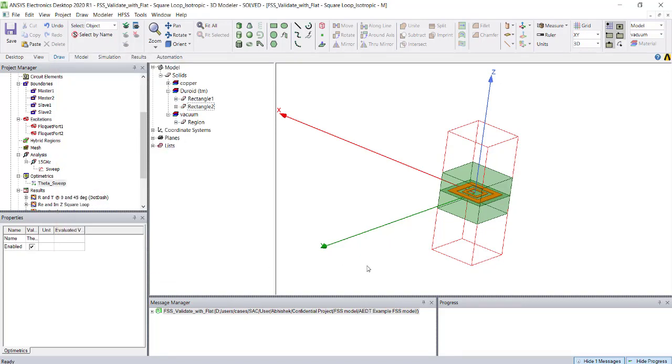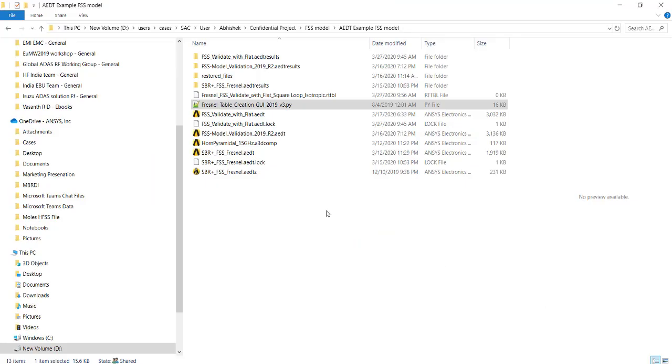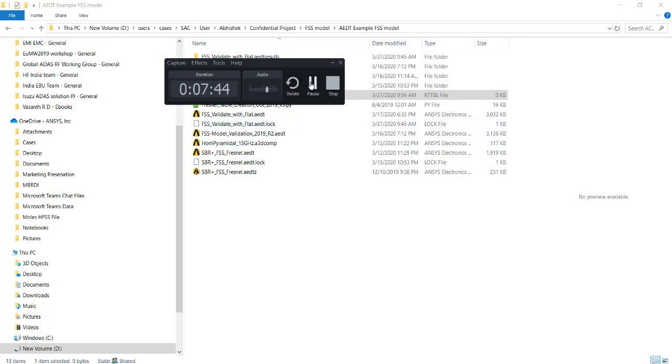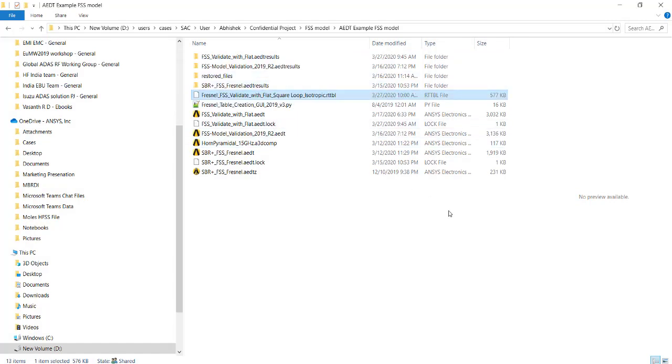It will take time to export because it needs to take all the S parameters and convert them into a reflection transmission table. After that, it will create a reflection transmission table. Over here you can see this is created with the same name as the HFSS design. Now it is 0 KB, so it is actually under process. It will take some time to create that file. It took almost 5 to 6 minutes to create that file. Now you can see this file is created.